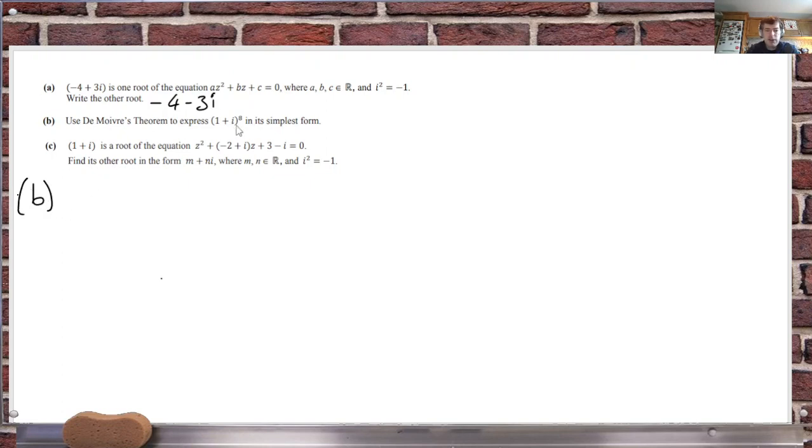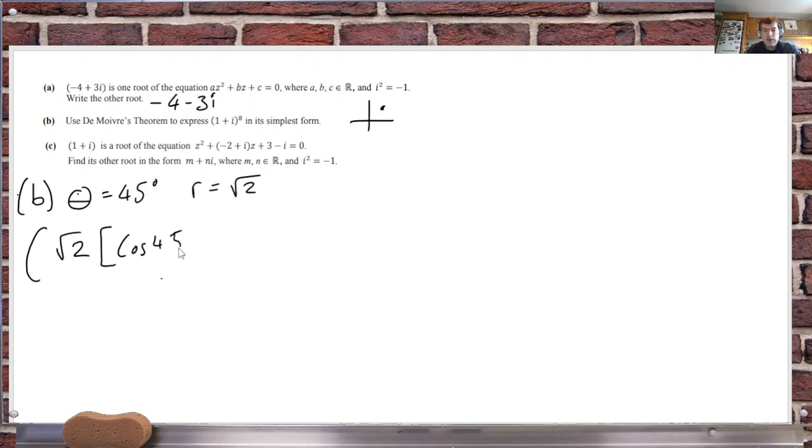we write this in polar form. It's in the first quadrant here. It's actually easy to see. It's 1 plus i, which means this is 45 degrees. So you could use tan inverse, but I can see quite clearly that the theta is 45 degrees, and I can also see that if I have 1 and 1 here, that the modulus would be root 2. So this is square root 2